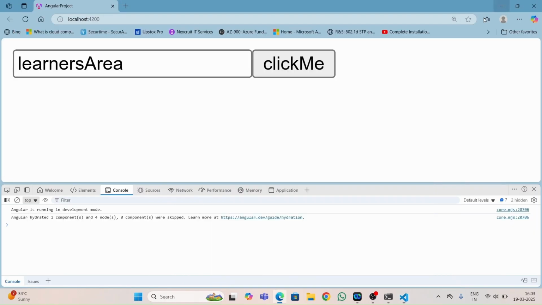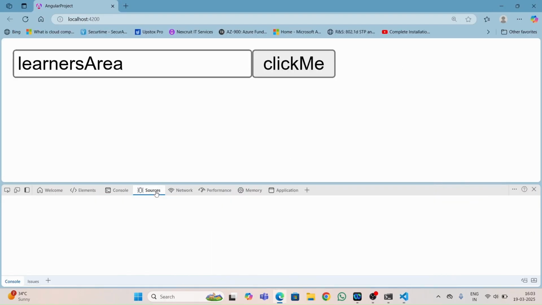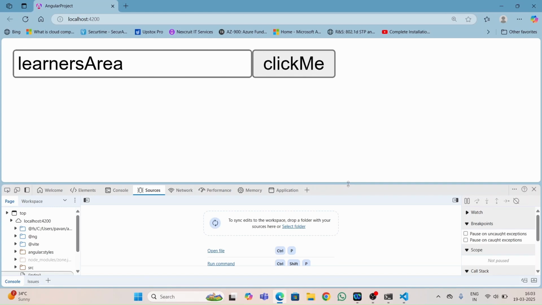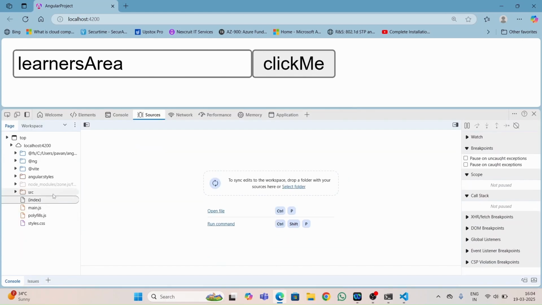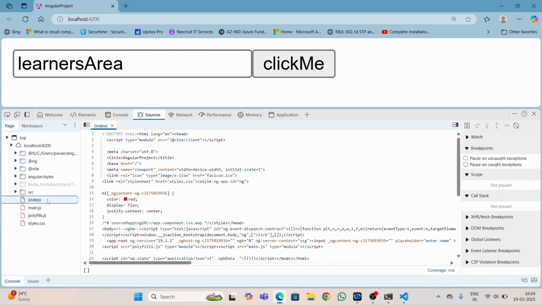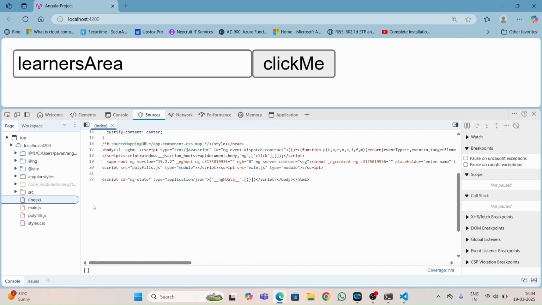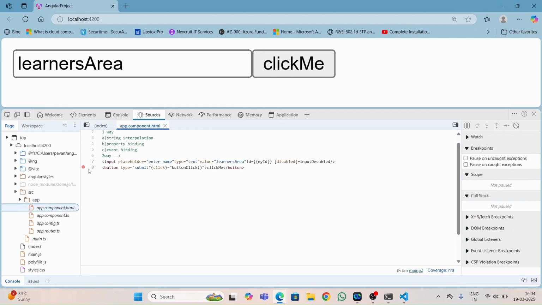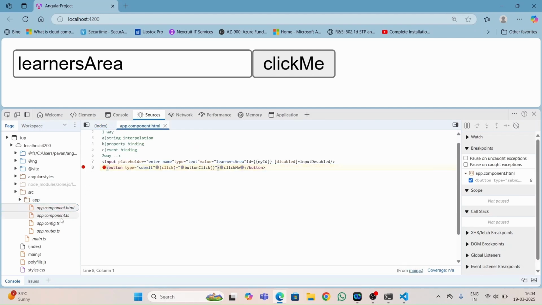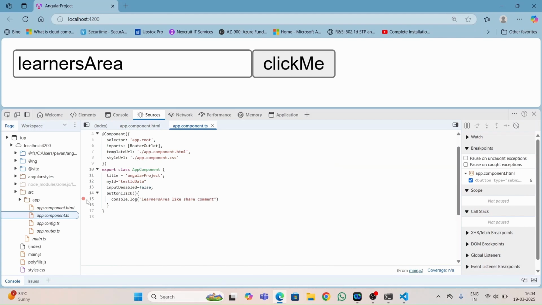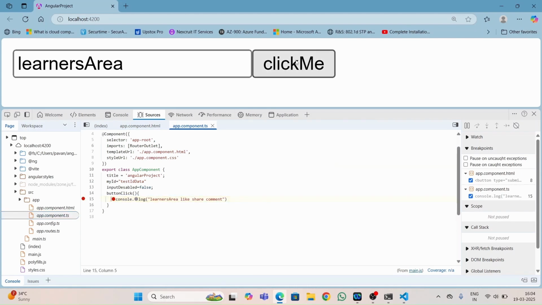We can check through inspect. We can debug the line where the issue came. In src, app, inside HTML, I kept a debugger here and here. Whenever we click on this,